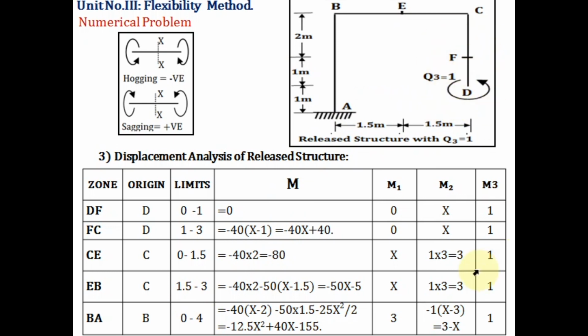Now here it is a moment, so only you have to consider the moment, don't multiply by the length. So first in the zone FD, measure x from D point. So here the nature will be what? Sagging. Okay. So plus, we are standing inside the frame. Now in the next zone is what? The next zone is